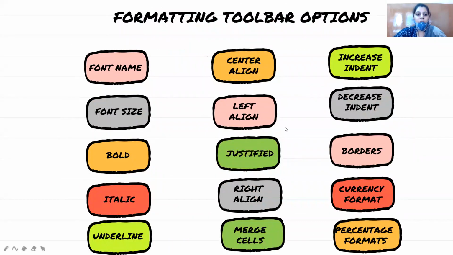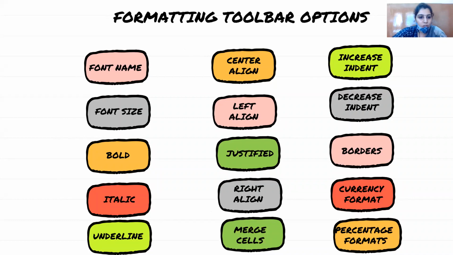Okay, the next is the buttons on the formatting toolbar. Same is the case with Writer. Only a few buttons are added in Calc. For example, the merge cell option is not there. Then currency format, percent format. So you can learn the common ones that appear in both, so it will be easier for you to learn.